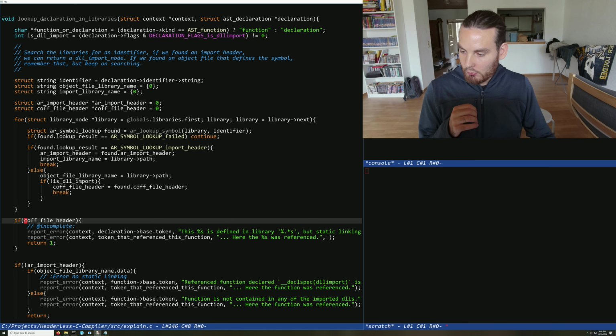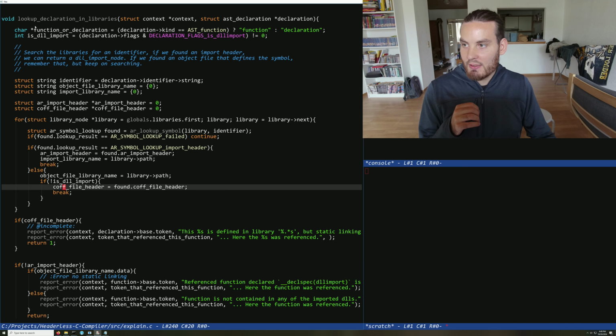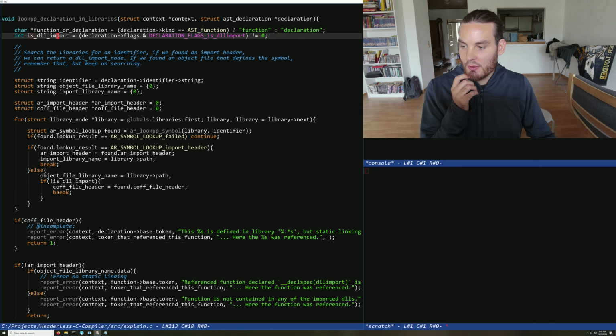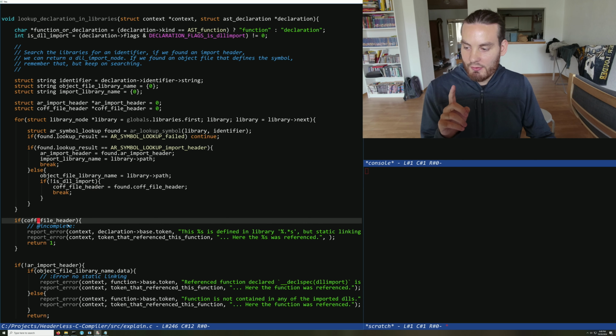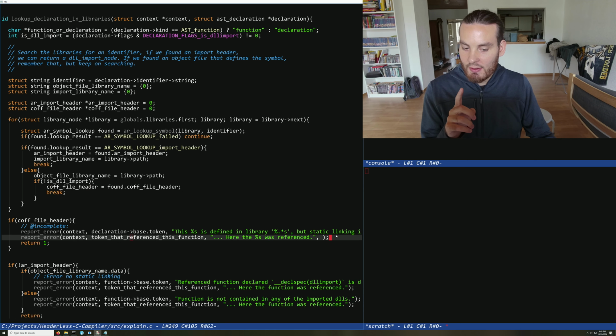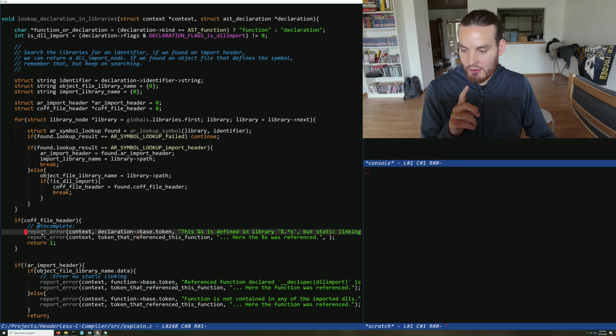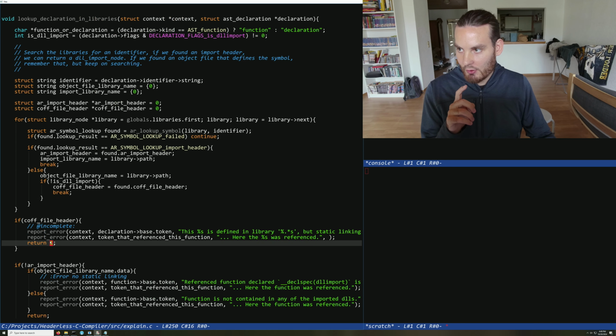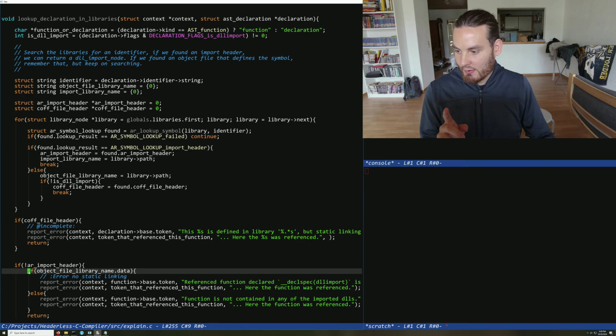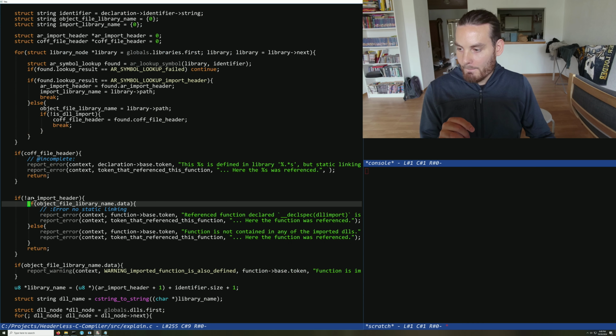Okay, now I check if it is not a DLL import right here, then I allow COFF file headers. But for now, if there is a COFF file header, I just say static linking isn't supported and return out. Otherwise, I do what I did before. So if it's an import header,